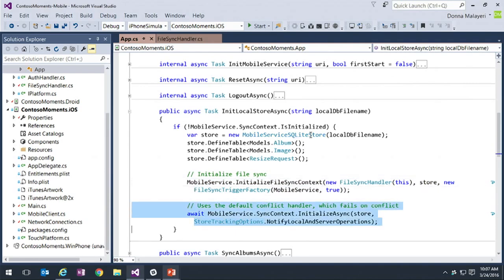The other thing that we're going to do is set up the local store so that we get callbacks whenever there are local or server operations. This is a new feature that we've added with our file sync support. It means that you can write your own code that synchronizes in the background and refreshes the UI by listening for these callbacks,